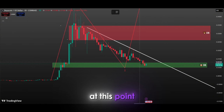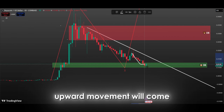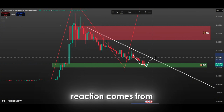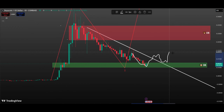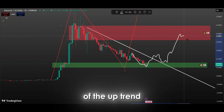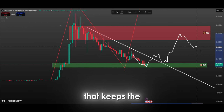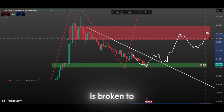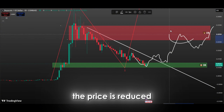What is important at this point is how the price will react from here and whether an upward movement will come. If a strong reaction comes from this area and an upward movement begins, the falling trend line will first need to be broken. Breaking this trend will be a critical point for the continuation of the uptrend. The falling trend line often acts as a line of resistance that keeps the price suppressed, and if it is broken to the upside, it can be said that the pressure on the price is reduced and buyers gain more